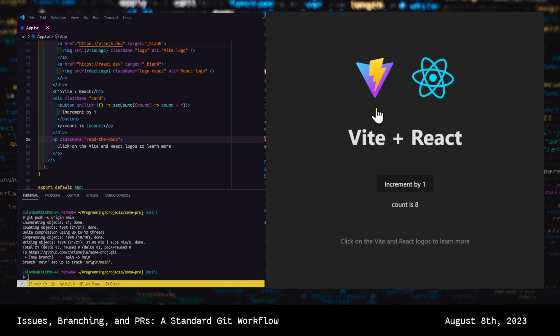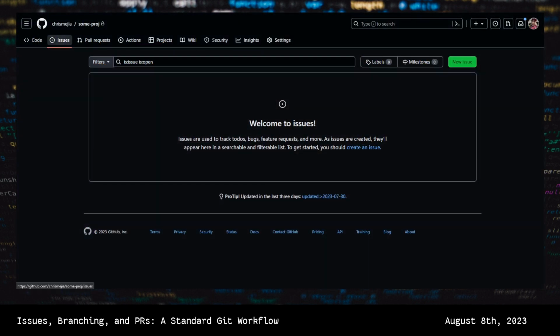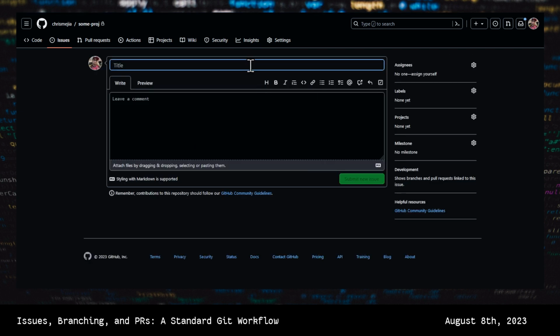So what I want to do here is I want to go ahead and come here to issues and then go to new issue. And here what I want to do is detail what needs to be done. So I would say create button to decrement count by 1,